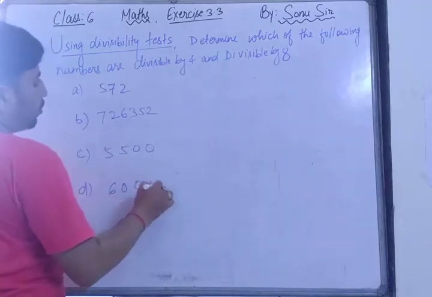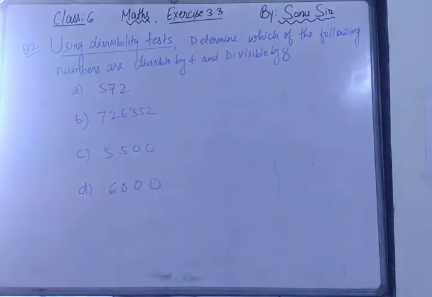There are total till J. Okay, so I am solving these 4 questions. According to these 4 questions, you have to understand and solve the questions by yourself. I hope that you all can solve them also. There is not even a little doubt in this, but you have to understand the concept of divisibility by 4 and divisibility by 8.